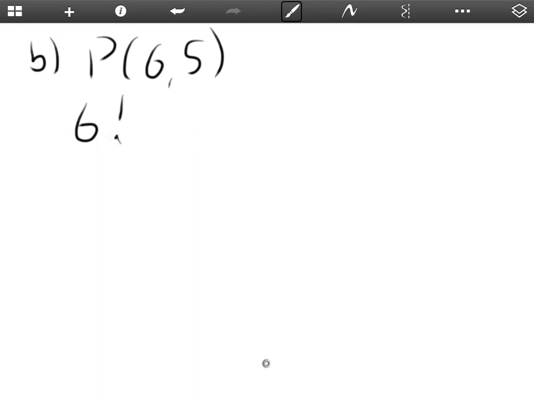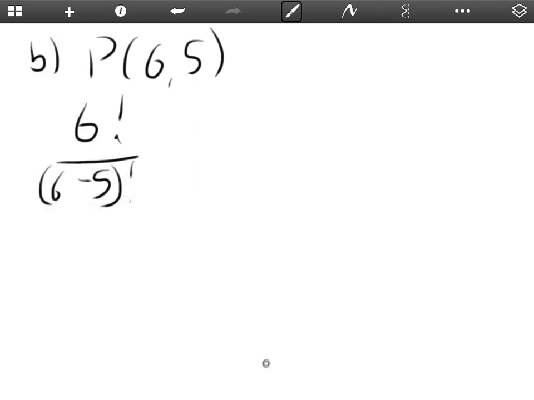Number 5, parts B through F. So let's do B first. This is P of 6, 5. So the format again is 6 factorial, right? Take this number factorial over 6 minus 5 factorial,